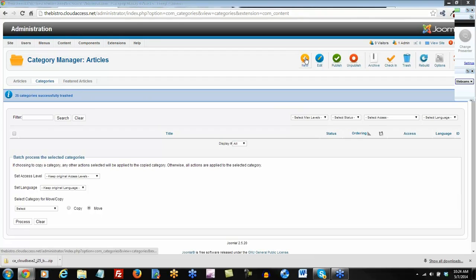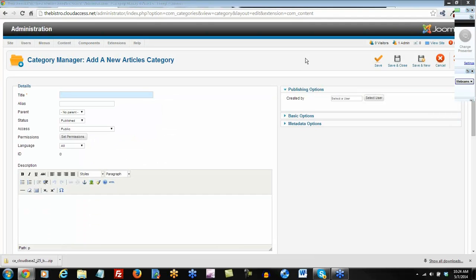I'm going to click on the New button to create a new category. And whenever you create a new category, a menu item, a module, you're going to want to pay attention to these little red asterisks. This is the required information. The only thing I need is a title. So I'm going to go ahead and create a new category, and I'm going to title that, let's see, General